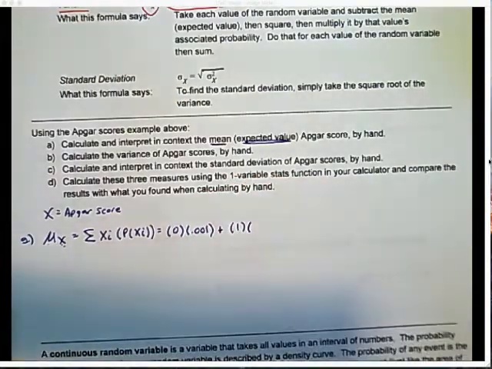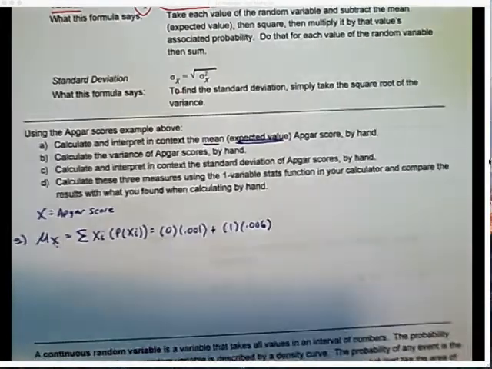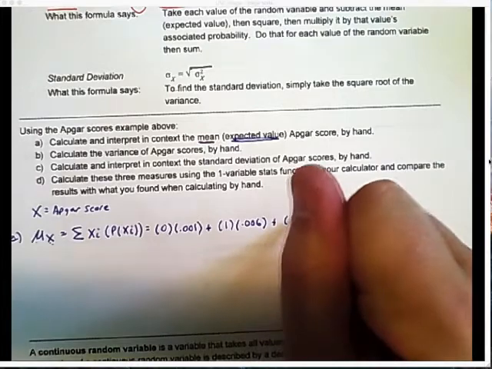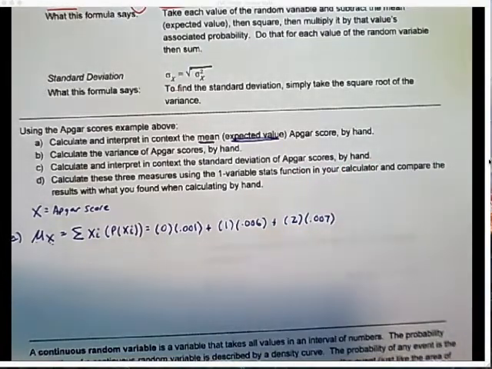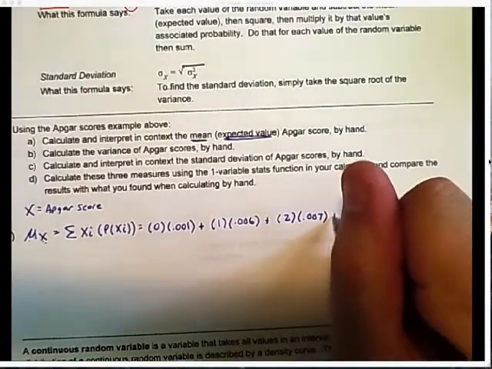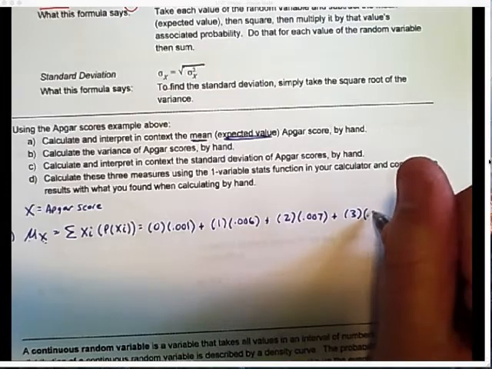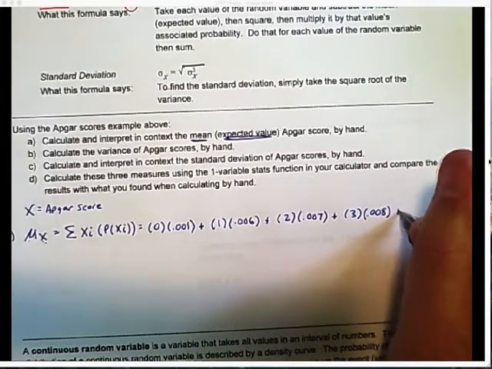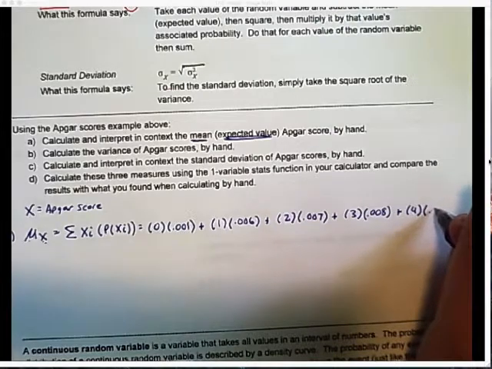And what's the probability of getting a 1? It's 0.006. The next APGAR score is 2. So we do 2, and the probability of that is 0.007, plus 3 times 0.008, plus 4 times 0.012,